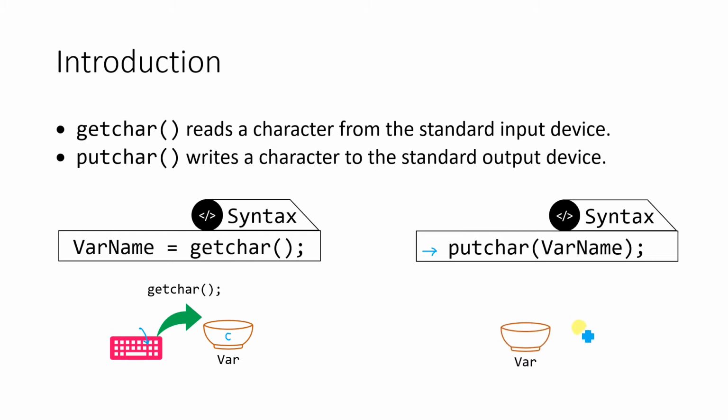So the entire thing will look like this. Let's say this is your var variable. C is present inside it. Now if you want to display it, then you need to write putCharacter. Inside that bracket you need to specify the variable name var. Due to this, the putCharacter function will take or read this value and display it on the screen. Okay, so we are doing the same thing using printf and scanf also. So in the next slide,